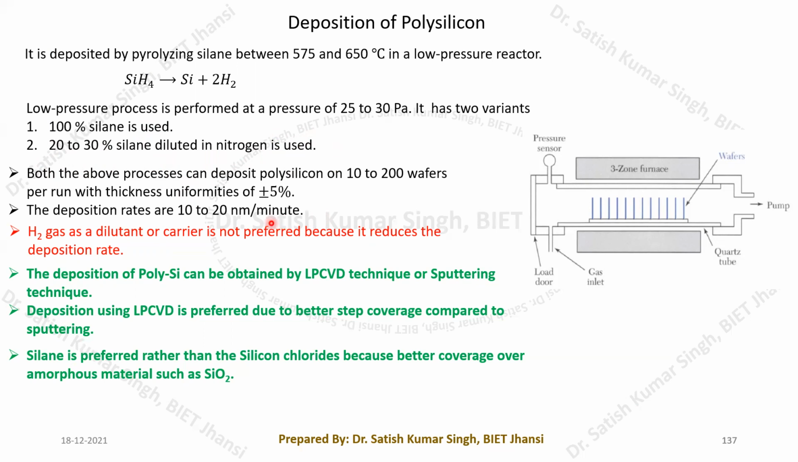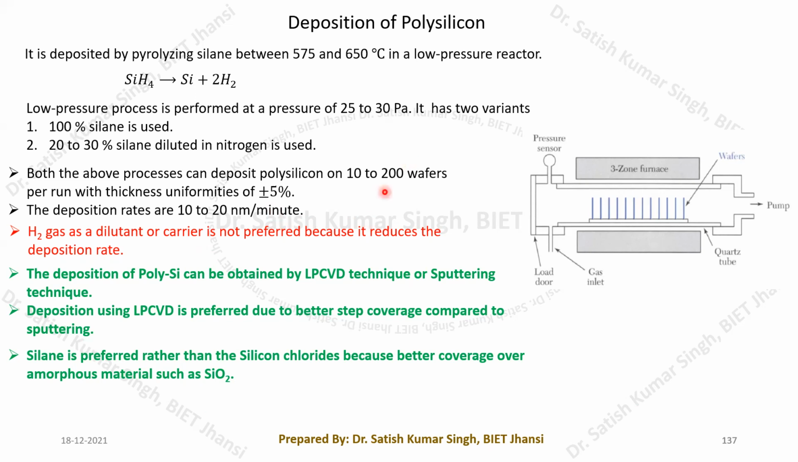In both the processes, you can deposit polysilicon on 10 to 200 wafers per run, and the thickness uniformity is around plus minus 5%. So this is the typical uniformity that we are going to get. The deposition rate is typically 10 to 20 nanometer per minute. You remember one thing that